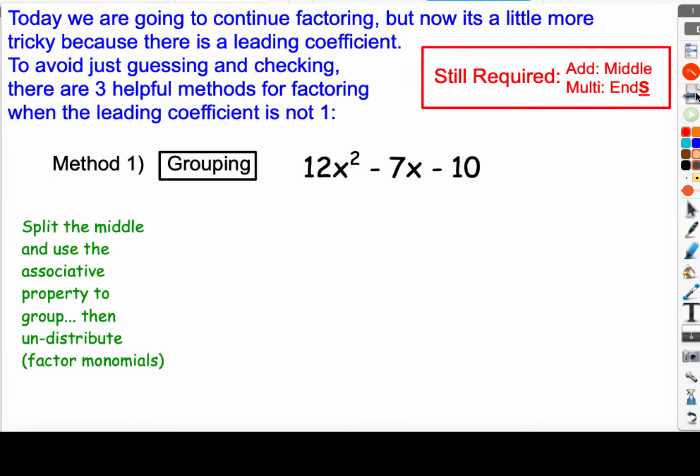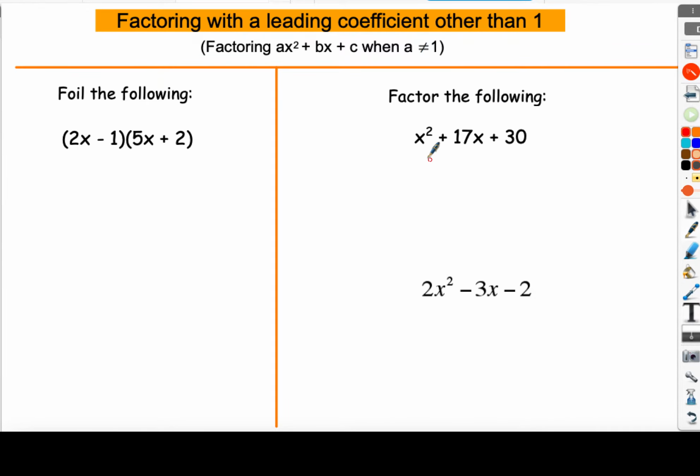We can take a look back at an example if we want to of how to factor a trinomial such as x squared plus 17x plus 30. Usually we look for what adds to the middle that multiplies to the end. So we would look at this and say, well, what adds to 17 that multiplies to 30? Well, I know 15 times 2 is 30. So very simply, we could get an answer of 15